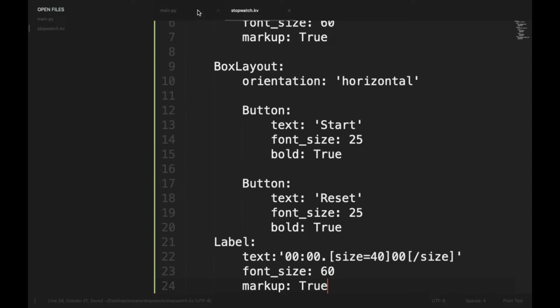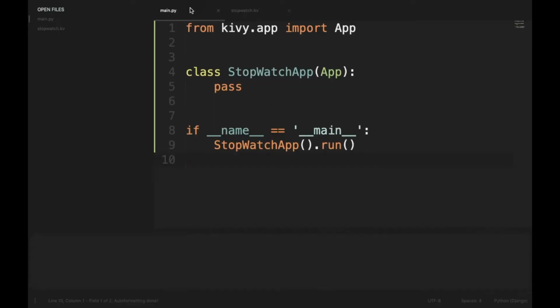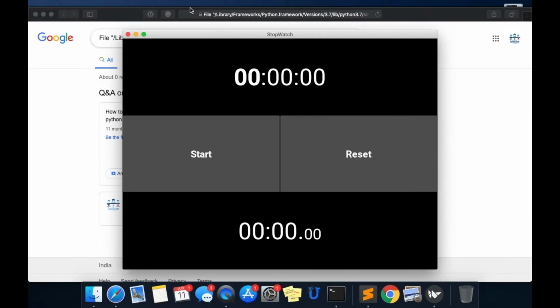Now if we save it and run our code, we have got this screen.